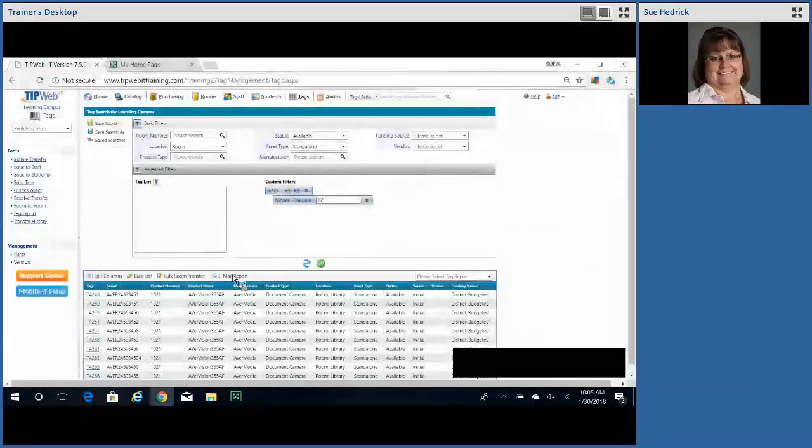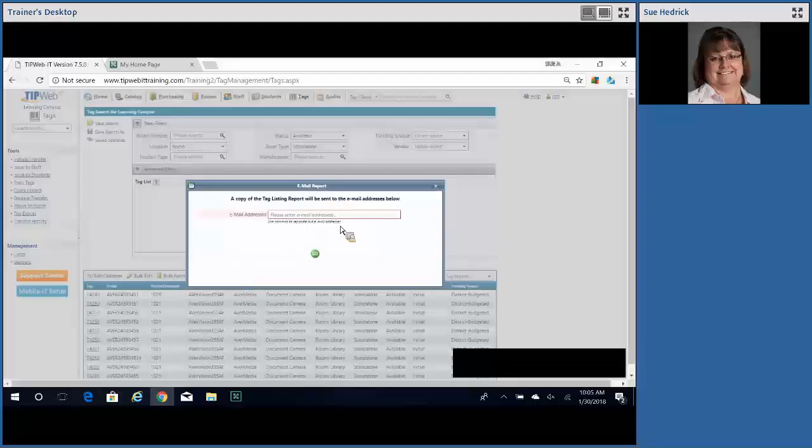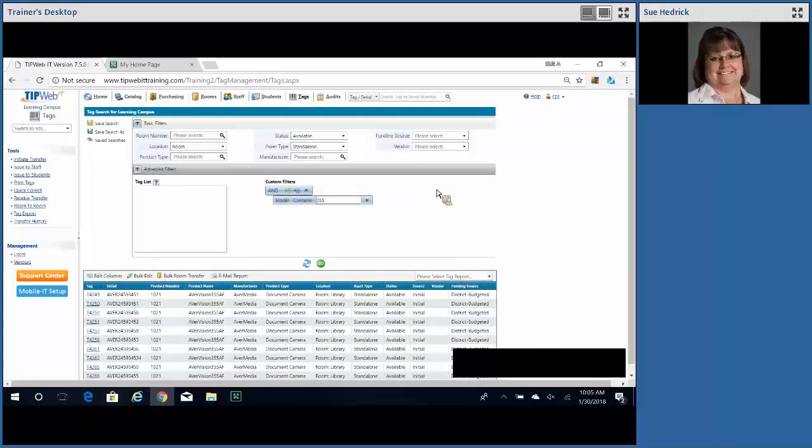You can also now, a new feature is you can email that report by clicking on the email report and put in the email address that you'd like to send that email to. If you want to put more than one email address, use commas to separate the email addresses. That's also a new feature. Other thing you can do in this area, and I want to make sure that you guys know this, is,